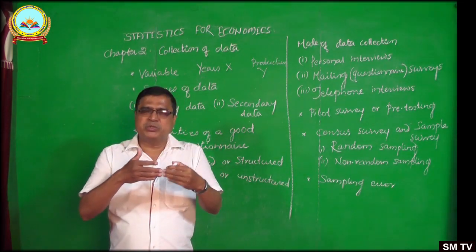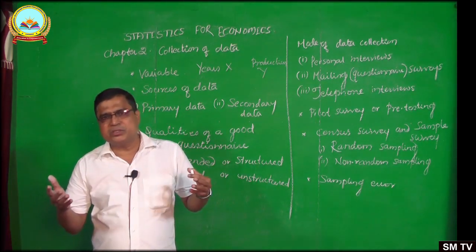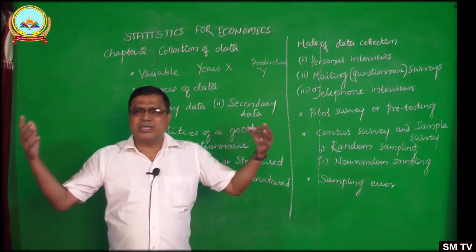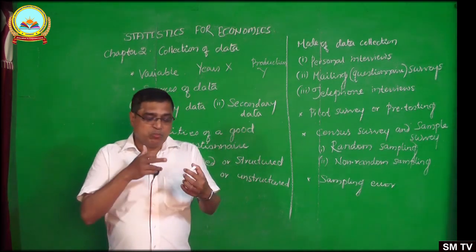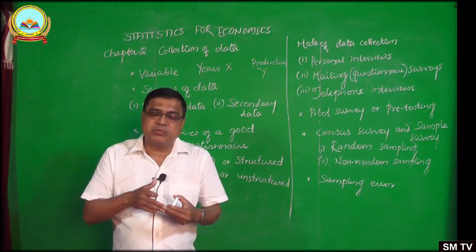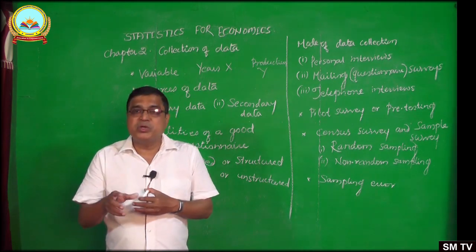It involves huge cost. It involves trained enumerators. So it is more time consuming. Then what is the time required? How many enumerators are required for this? And what is the cost involved? To know that,